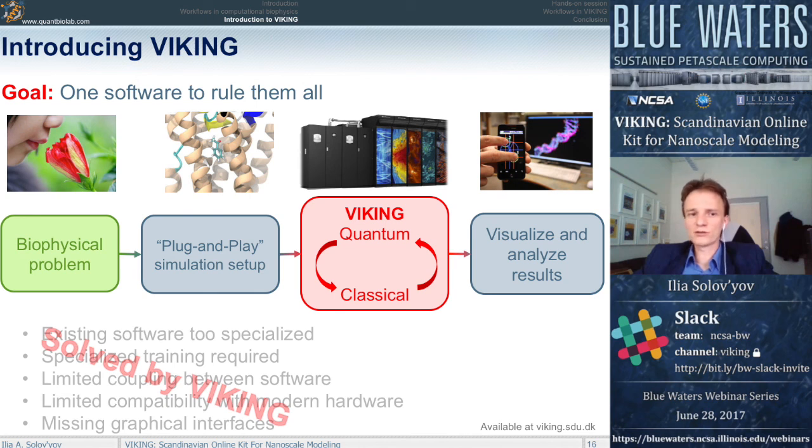So just imagine that you have a problem of interest, some biophysical problem. In this case, the illustration is supposed to show that, for instance, you're interested to understand how olfaction, or the sense of smell, works. Then you possibly know a little bit more specifically what you would like to investigate, like, for example, how a ligand, like an odorant, would bind in a specific olfactory receptor. Then Viking will,